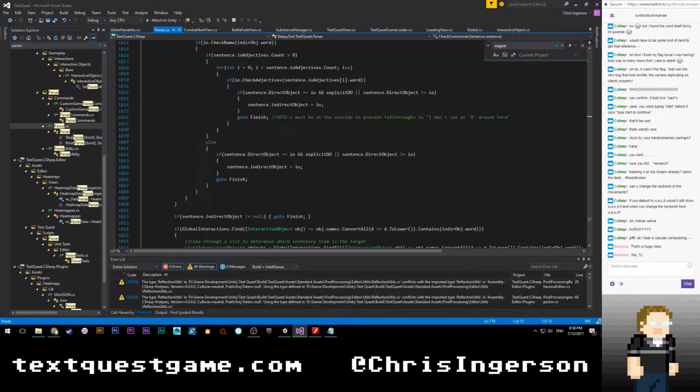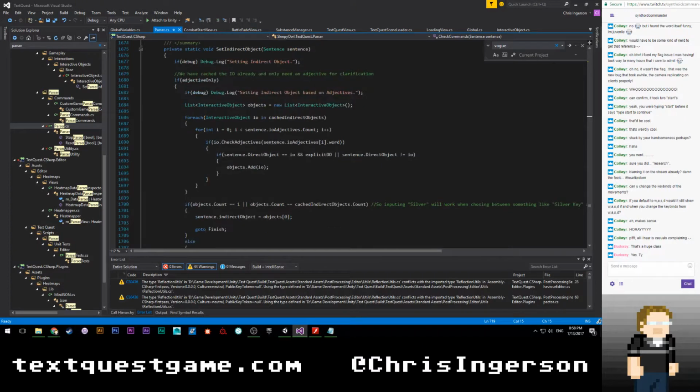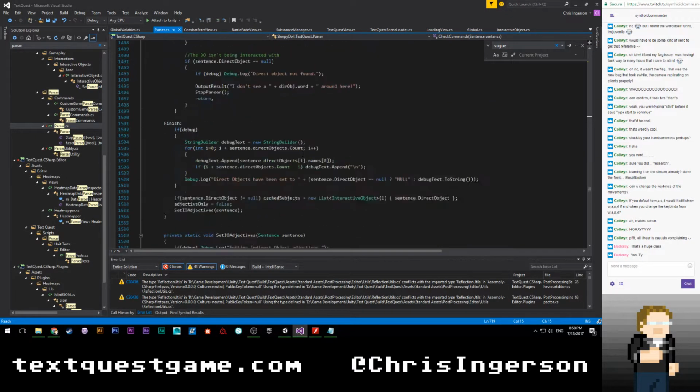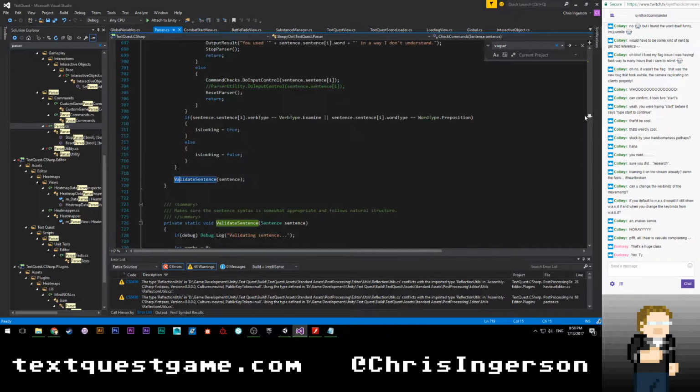But that's also because it's a giant parser. It's trying to parse the sentence that you type in and break it down into its different components. So it has things like the noun, the verb, any adjectives that you use, other or compound sentence indicators, indirect objects, all that thing. So it has to cycle through a bunch of logic to actually parse out a sentence. And then of course it has to validate it, make sure that it makes sense. So if you type in the sentence like open burn, that makes no sense because there's two verbs.